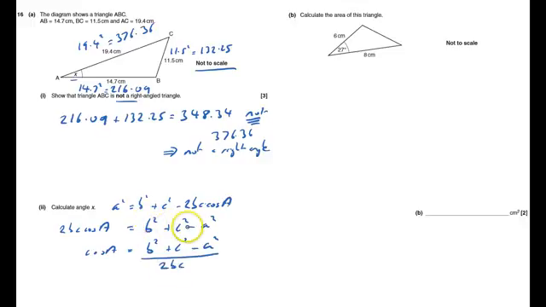2bc. At this stage, I've got to work out the a links with the a, so it doesn't matter which one's b or c, but the angle a, or in this case x, has got a link with the 11.5. So that will give me cos a equals 14.7 squared plus 19.4 squared minus 11.5 squared. That's the a bit which links with a, all over 2 times 14.7 times 19.4. Work that out on a calculator, it gives